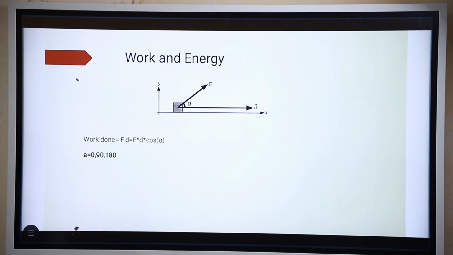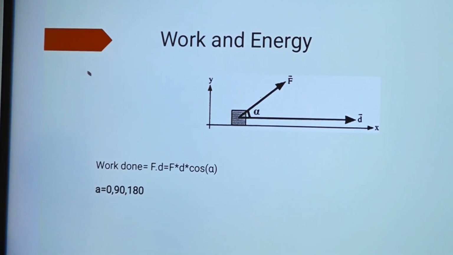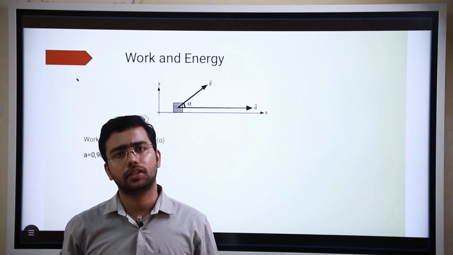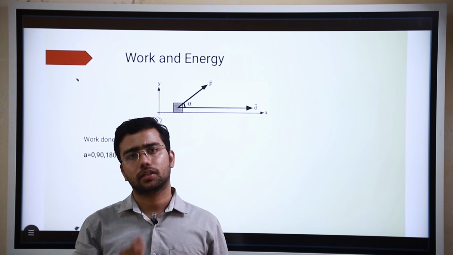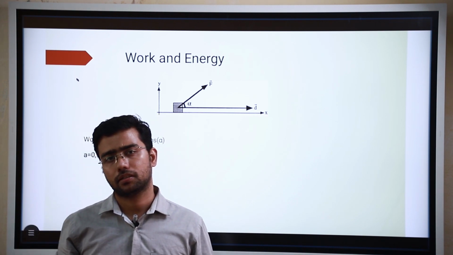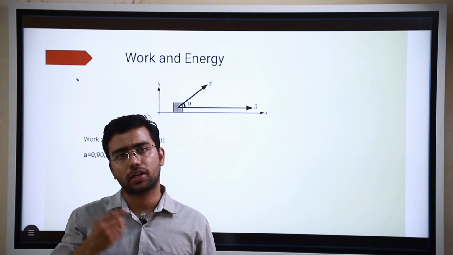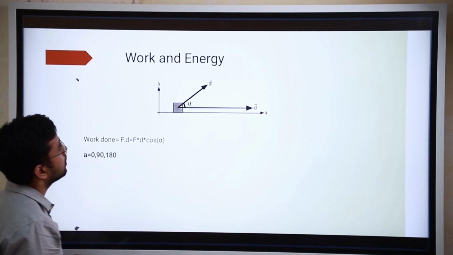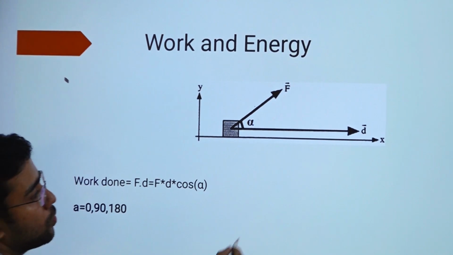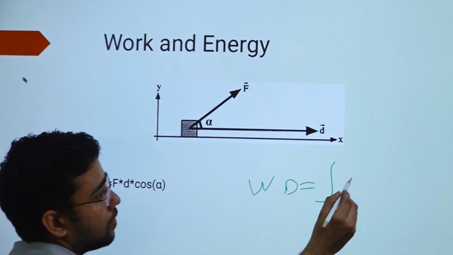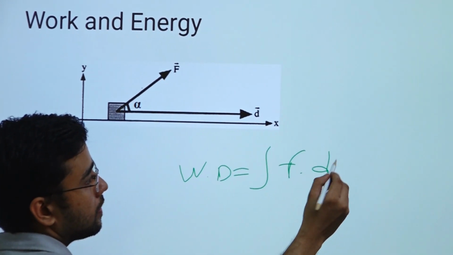So now we will just study what is work and energy. Okay. So already I told you what is the meaning of work. Work is a dot product between force and displacement. Okay. When we integrate f dot ds, right, from s1 to s2, then we can find out work, right? So let me make the simple formula. Work done is equal to integration of f dot ds, right?